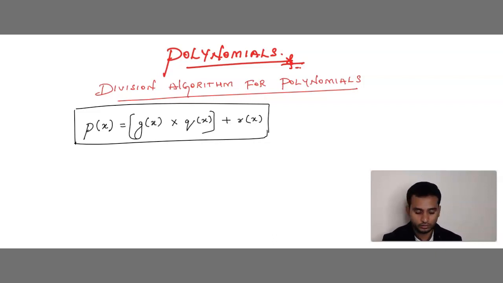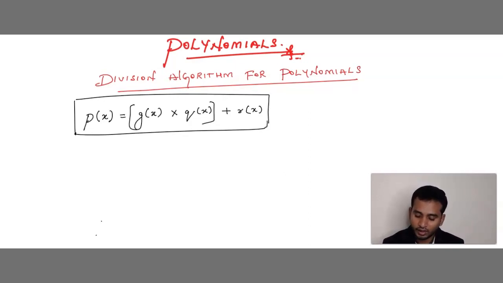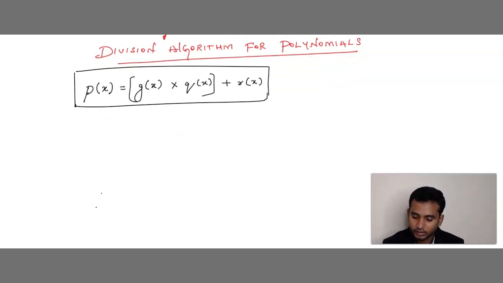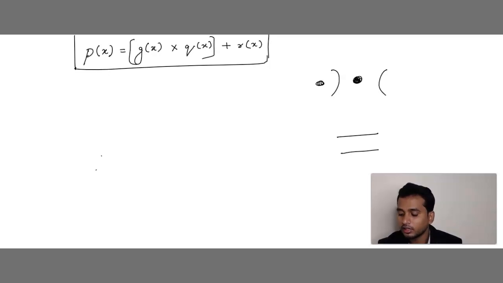Now suppose we don't know what is p of x, what is g of x, what is q of x, and what is r of x. I will show you one small example to understand the meaning of these terms which we have written here. See children, very simple. As you all know, whenever we do division, this is the basic structure of division, right? So one term will be here, here also, here also, and here also one term will be there.